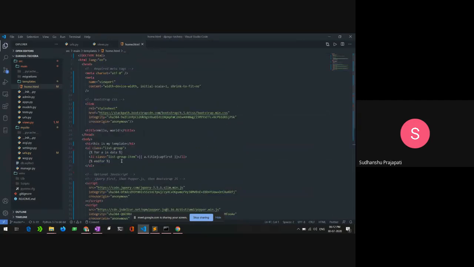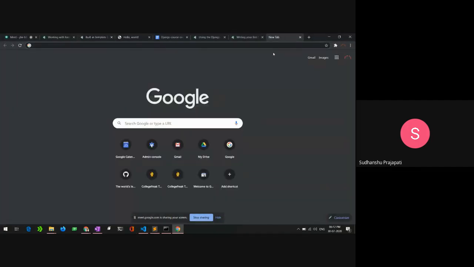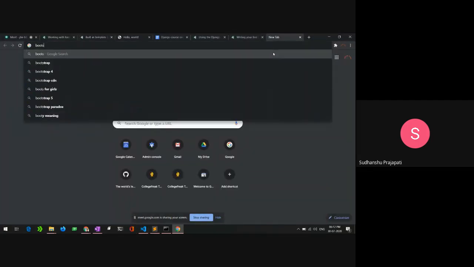So I want my template to be clean and simple. For example, let me introduce a navigation bar in this template. For that, I will go into Bootstrap and copy a simple navigation bar from there. So let's move into Bootstrap.